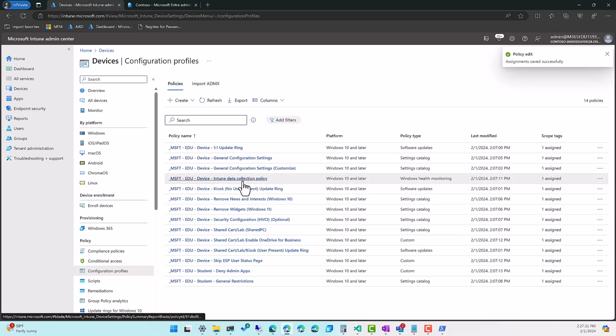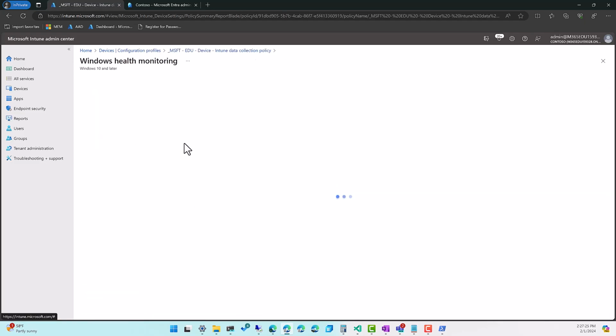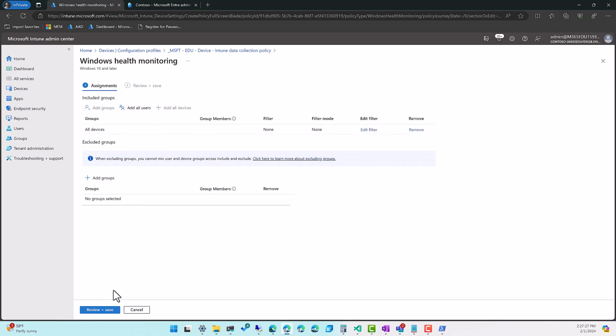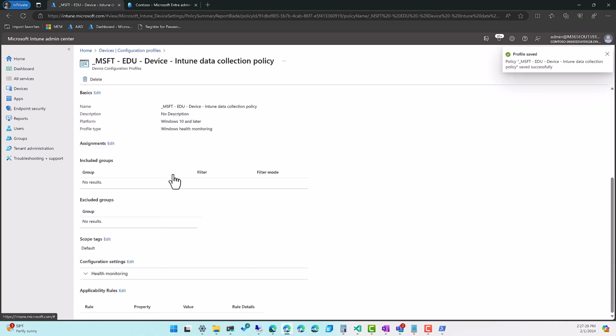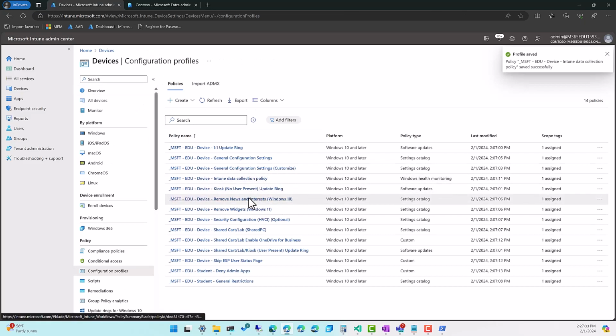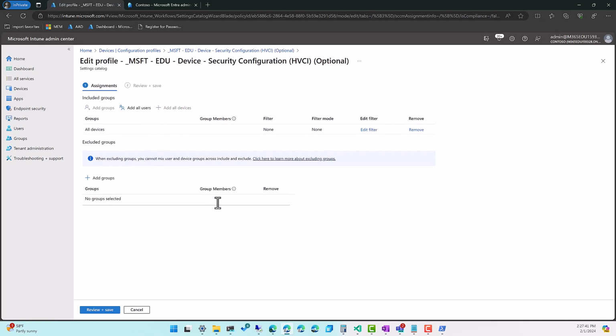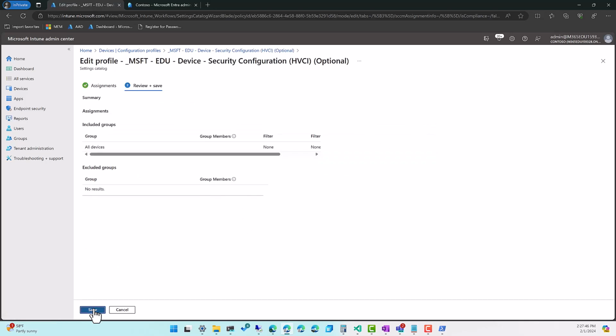We did customize Intune data collection policy. And if you're curious about what all of these policies are doing, we have a settings reference guide back in the documentation that explains every single setting that has been set within